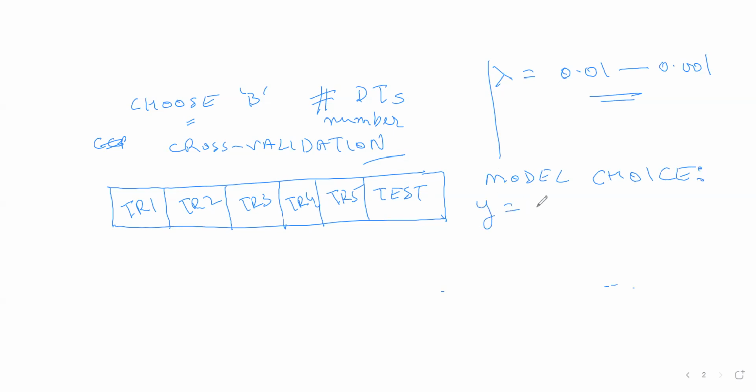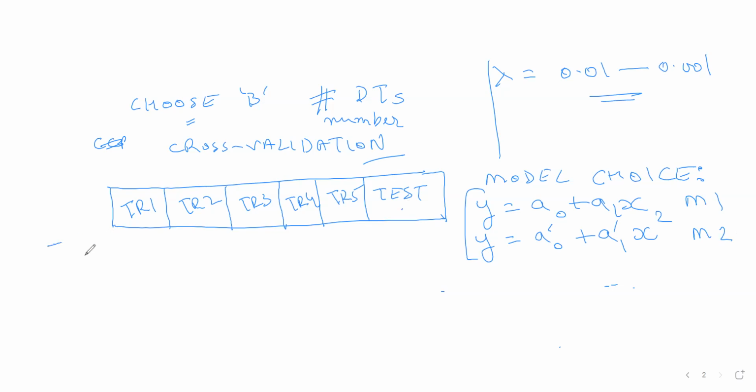The question is y equal to a0 plus a1x, taking a single variable for ease, versus y equal to a0 plus a1x square. These two sets of parameters are different, so I'm just putting a0 dash and a1 dash. Which model does better? How do I answer this question? So what do I do? Understand this. I run these two models, let me call them M1 and M2, on the train data 1, and I predict it on the test